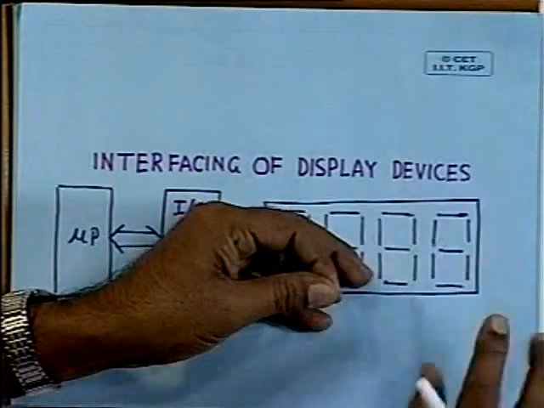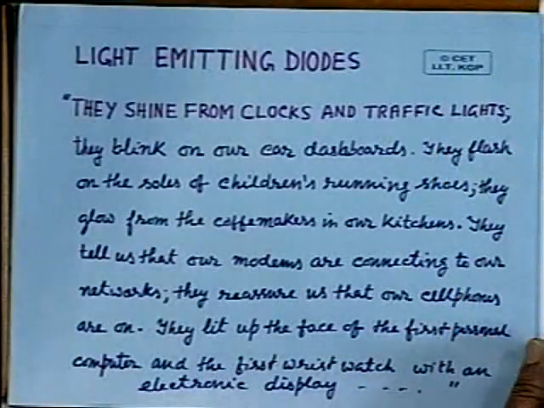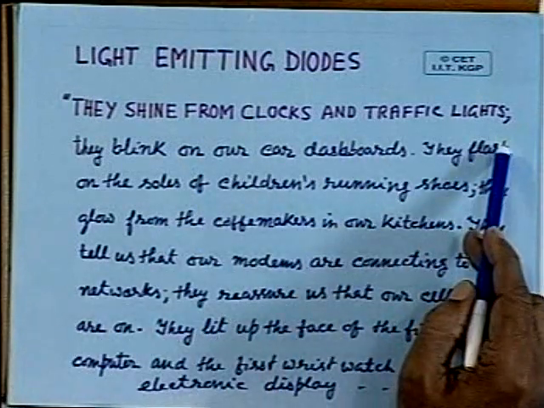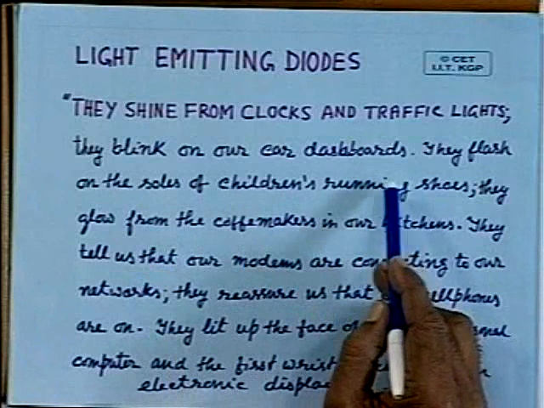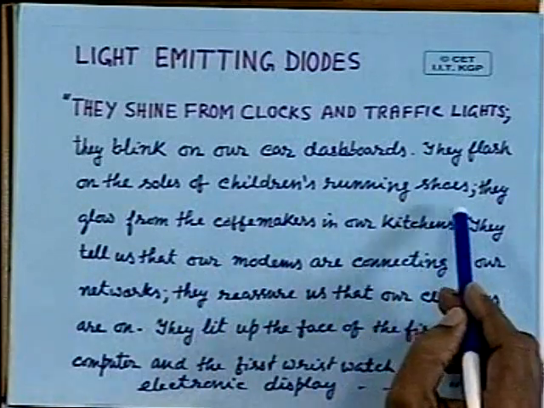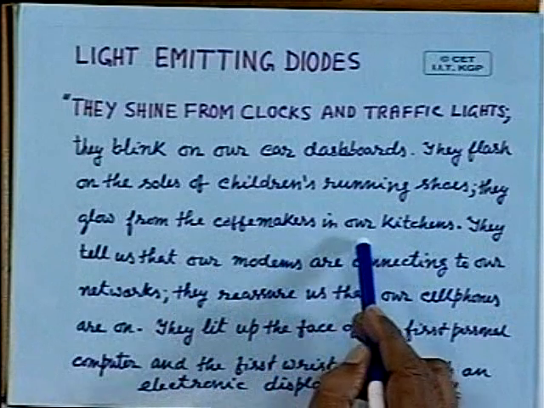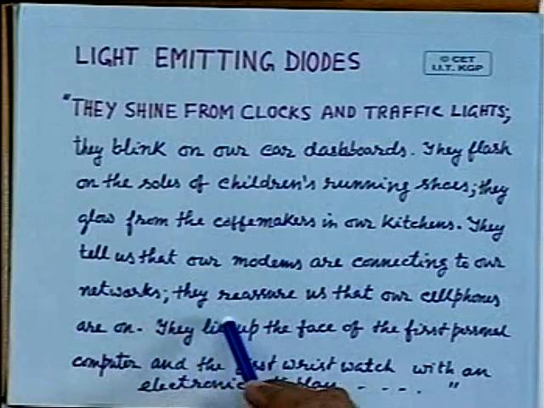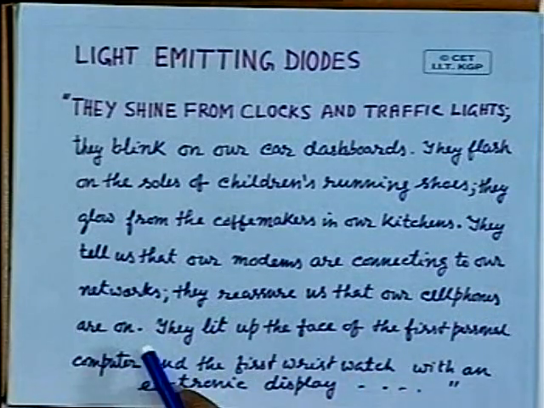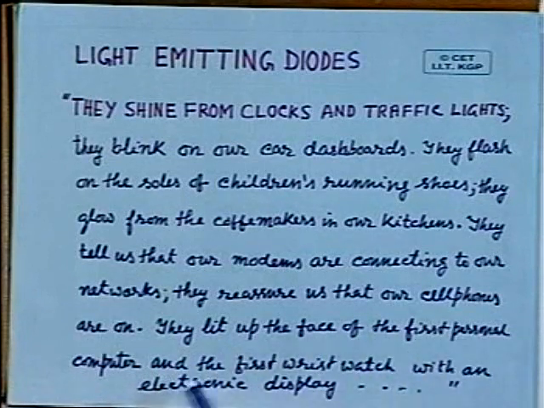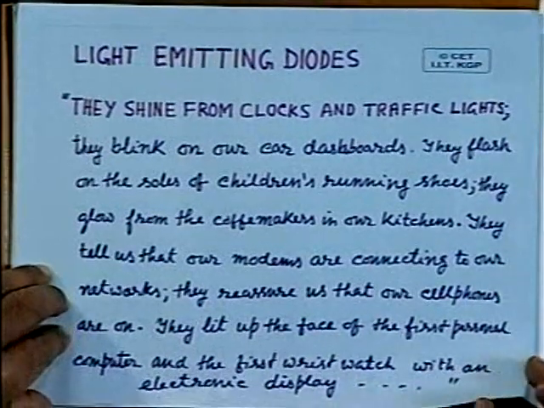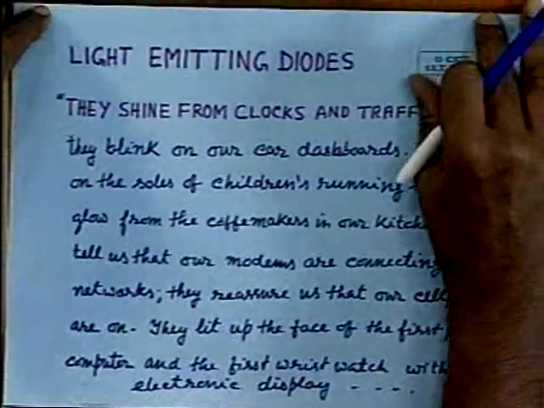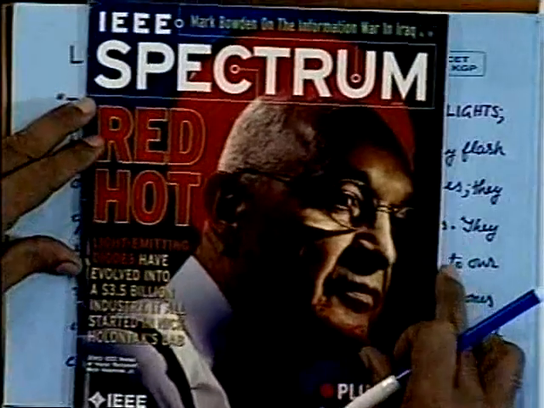Now, light emitting diodes, they shine from clocks and traffic lights, they blink on our car dashboards, they flash on the soles of children's running shoes, they glow from the coffee makers in our kitchens, they tell us that our modems are connecting to our networks, they reassure us that our cell phones are on, they lit up the face of the first personal computer and the first wristwatch with an electronic display. This quote I have taken from a recently published article from IEEE Spectrum,